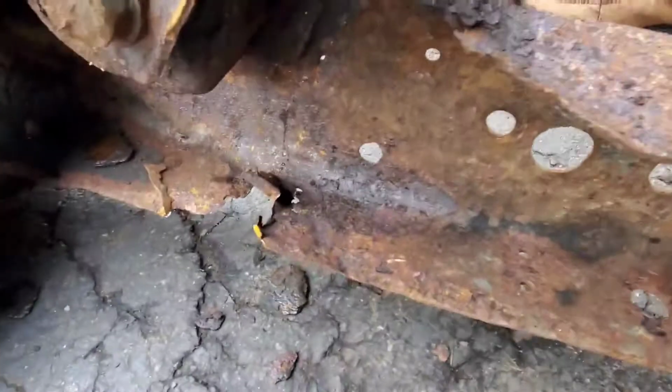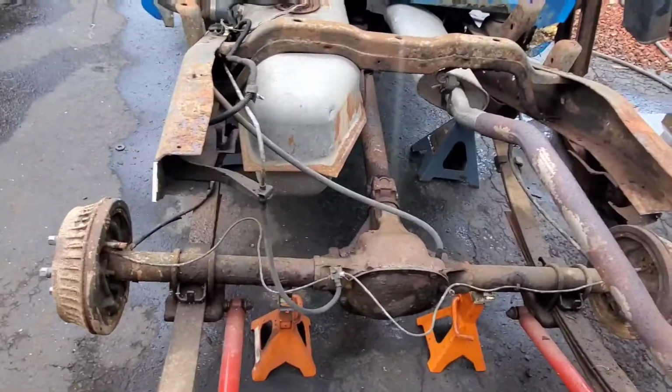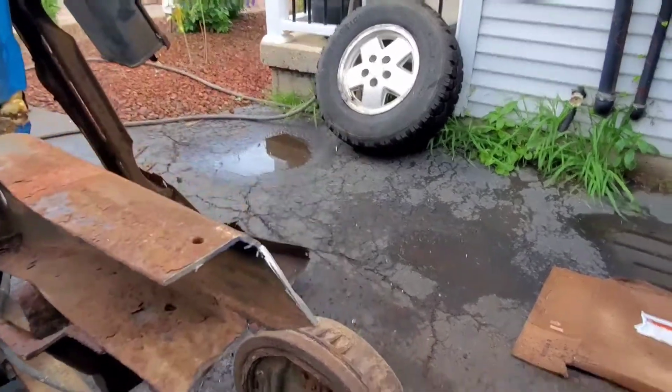And you saw the top side before. That's this side. This side's in a little better shape, but you know what? If you're going to do it, you might as well swap it all over. So here's the truck, and if you look, I stagger cut it so the bottom is at a different length